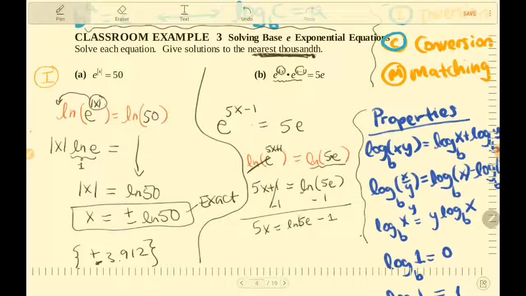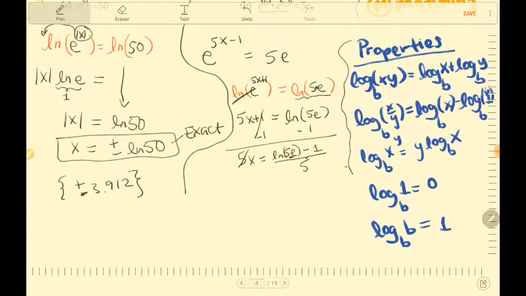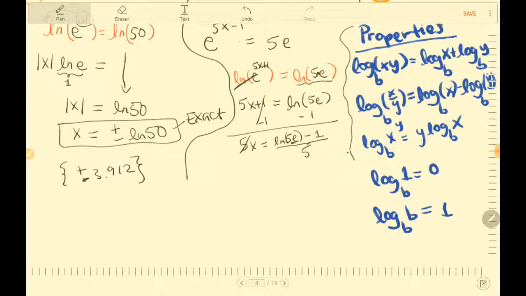Again, you don't need to put parentheses if it's a single term, but I feel safer doing it, so I tend to do it. And then divide by 5 on both sides. So now my exact answer is natural log of (5e minus 1) divided by 5. So I have to evaluate that using my calculator to get the answer, which is